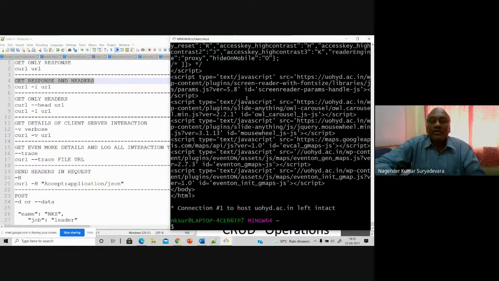Suppose you want to store this onto your local system or a local file, because you cannot read all these things at a time.